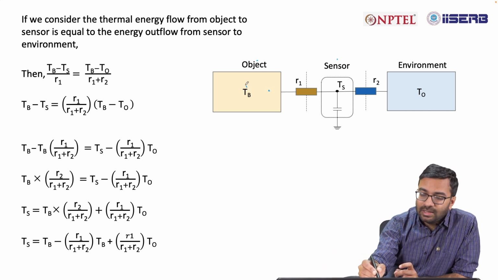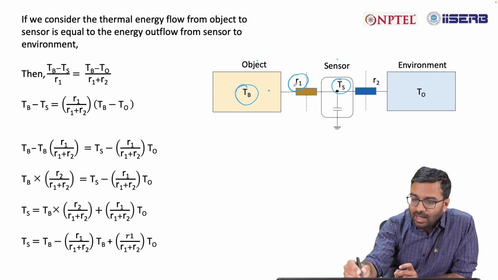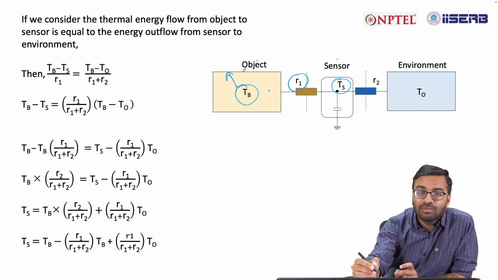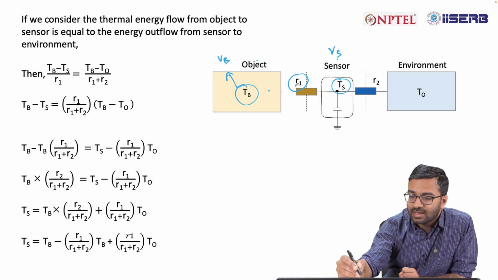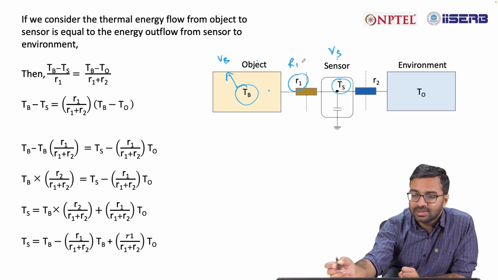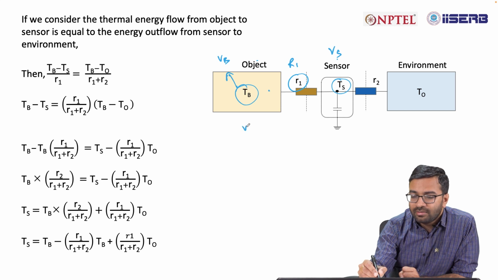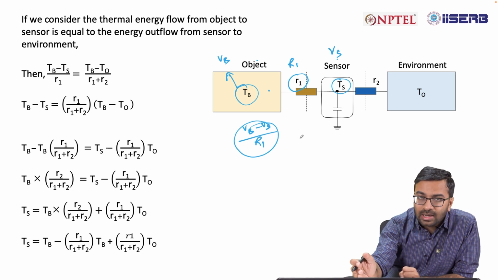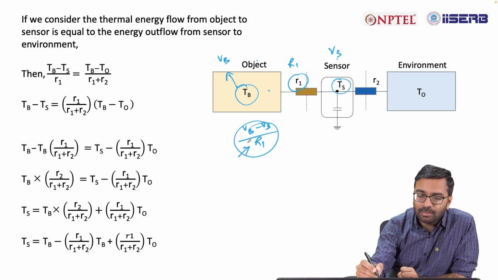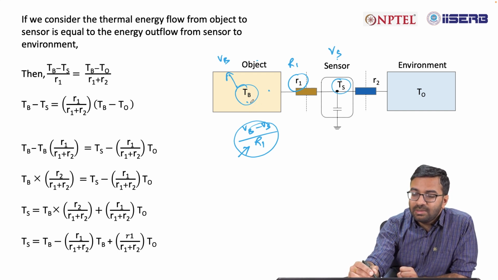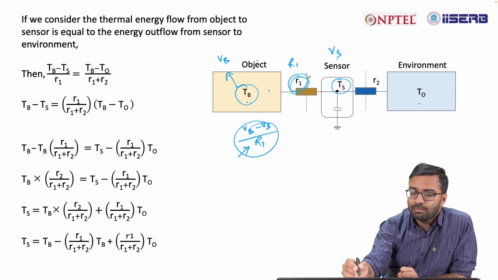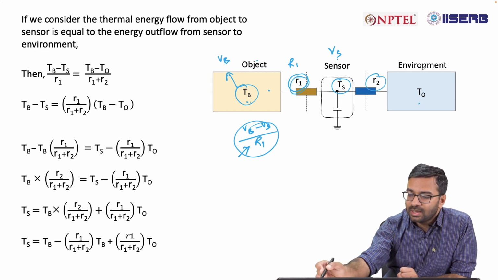Then we can write TB minus TS divided by R1. In this case, TB is nothing but your voltage equivalent. So for example, if you consider VB, this is Vs, and R1 is the electrical resistance, then your electrical current would be VB minus Vs divided by R1, right? So the thermal current, which is equivalent to this, can be given by TB minus TS divided by R1, which should be equal to TB minus T0 divided by R1 plus R2, because between object and environment there are two